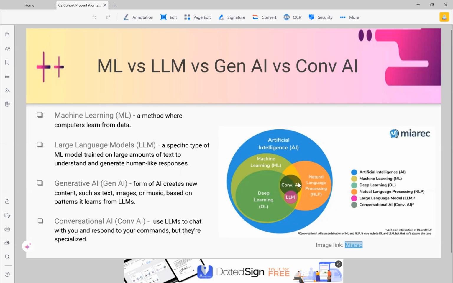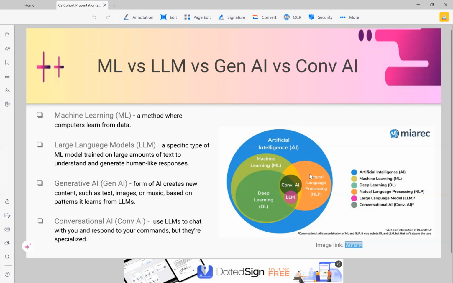And machine learning is a method where computers actually learn from data. You feed them many different examples, and they identify patterns, and then they're able to use those patterns to make predictions and to come up with responses that you're looking for. The more data you expose to them over time, the better their performance is. It's like teaching kids to recognize animals by showing them different pictures of animals. The more you do it, the more they recognize, like a dog or a cow or whatever it is. So that's how machine learning works.